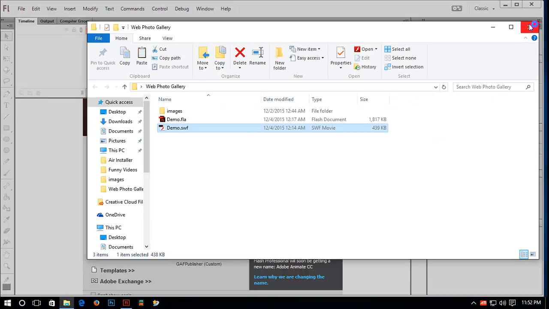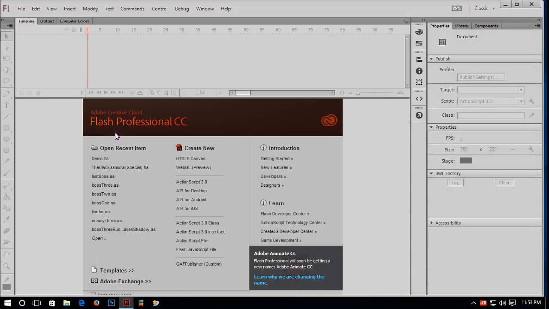Okay, I am using Flash Professional Creative Cloud 2015. You can use anything above CS3, but the most important thing is you have to choose ActionScript 3. Okay, I'll select ActionScript 3,